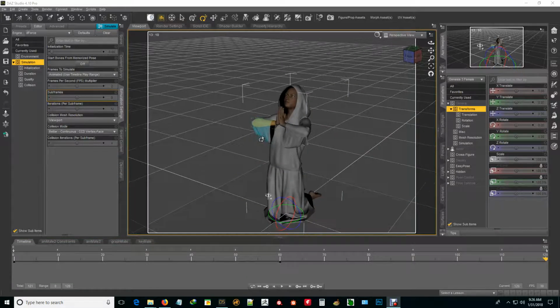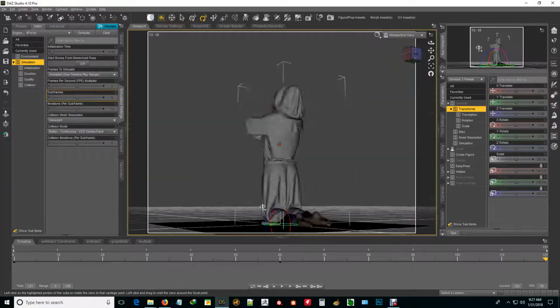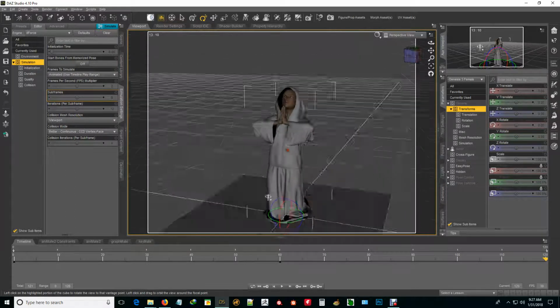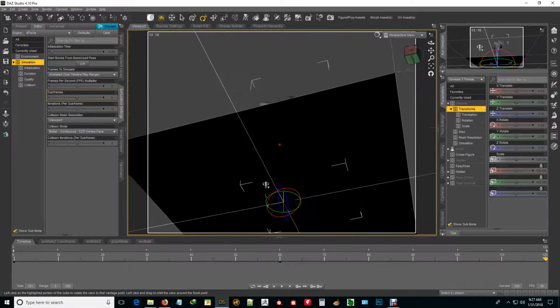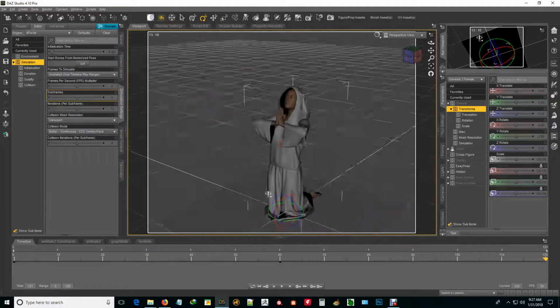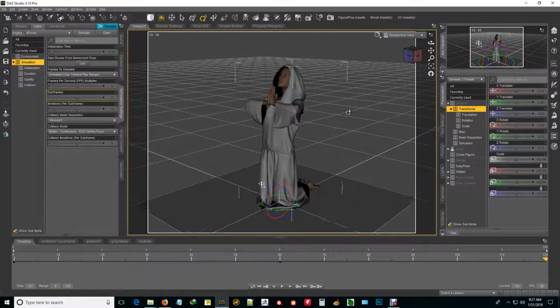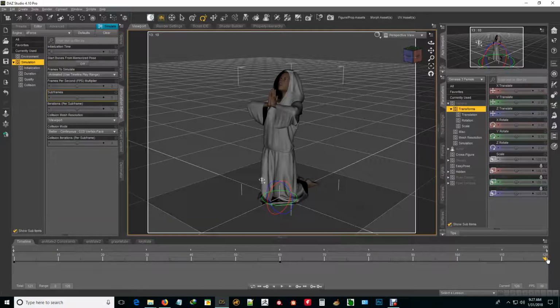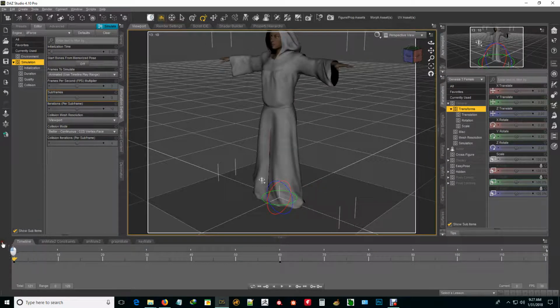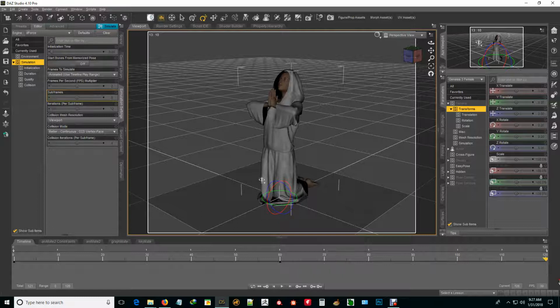Okay, that's the simulation done now. As you can see, the cloth didn't poke through the floor. So now it's all ready to render with. You can change your clothes, do